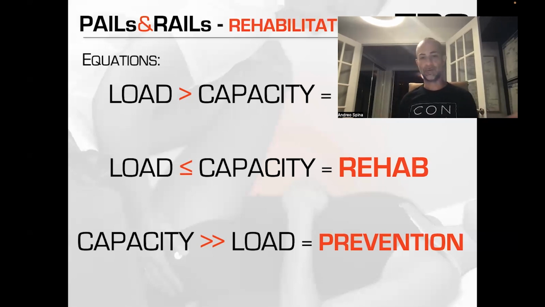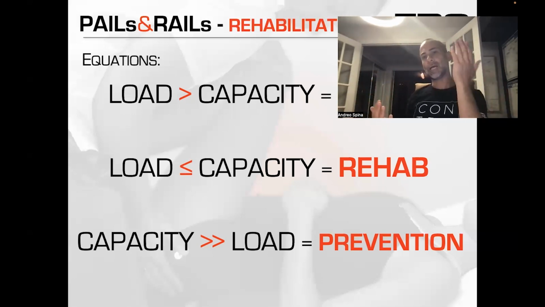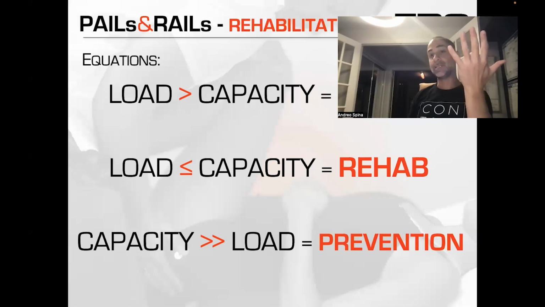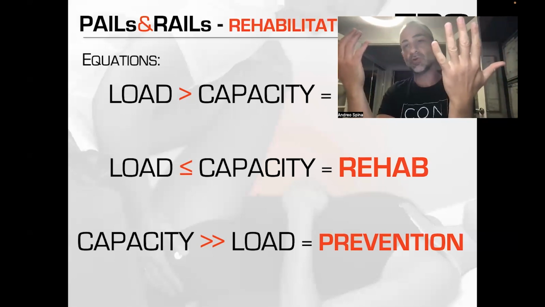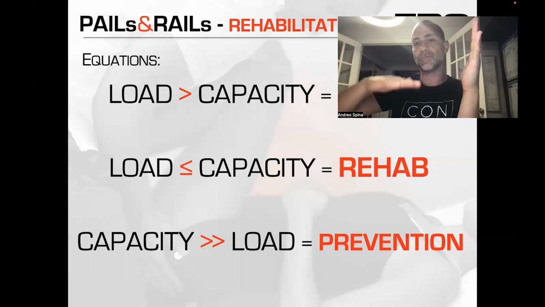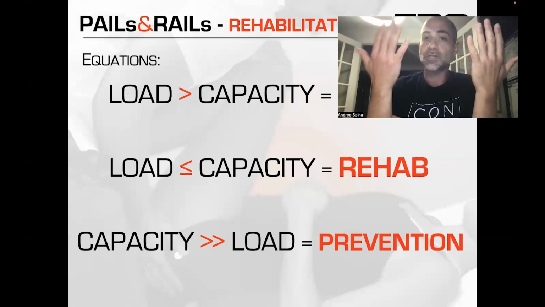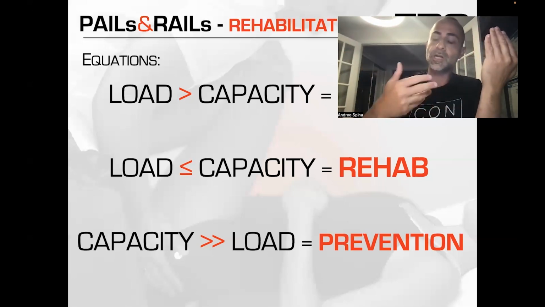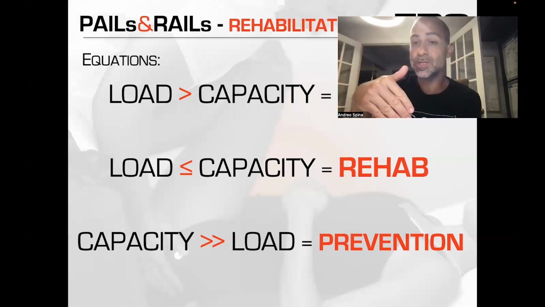Now, what can we do with that information? Well, if we know where the funnels are, then I should be able to look at the training strategies for that team before the season. I should be able to look at those loading strategies and go, look, the amount of load that's getting funneled into these particular tissues is very high, whereas in these particular tissues, it's very low. And what I should be able to do with that is skew the training such that I prepare the tissues that I know are going to receive more loading. So I bump up those tissues' capacities far greater than the amount of load that they're going to sustain